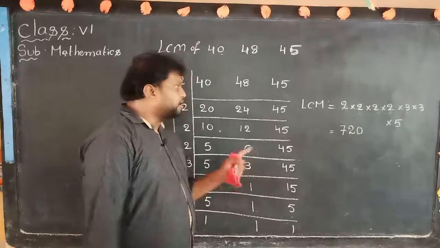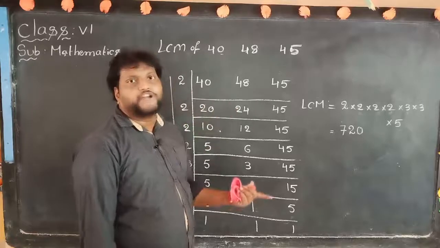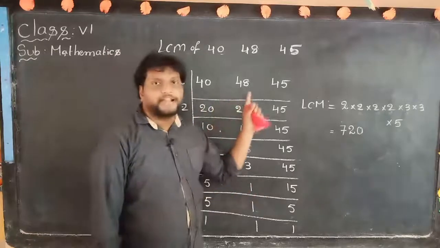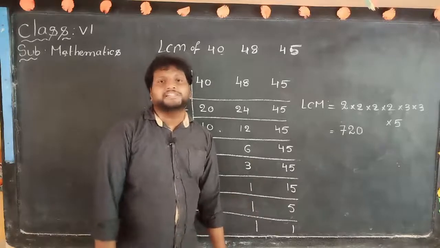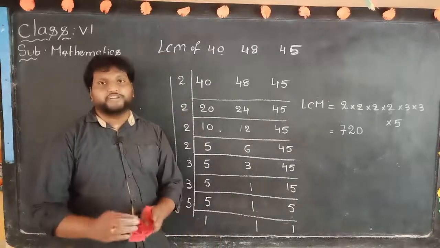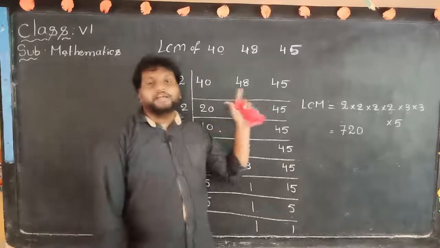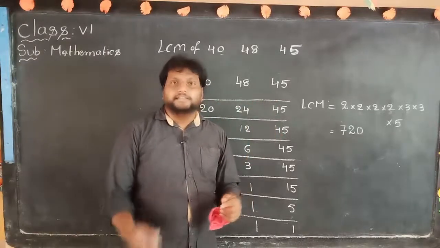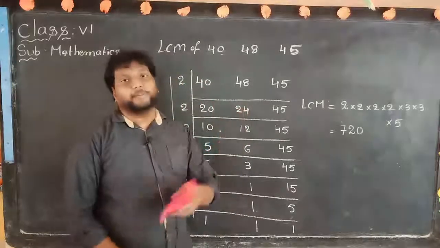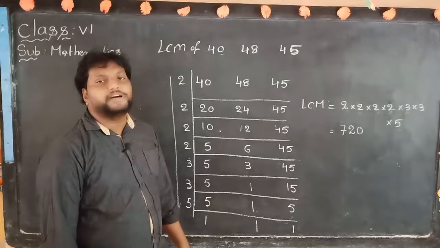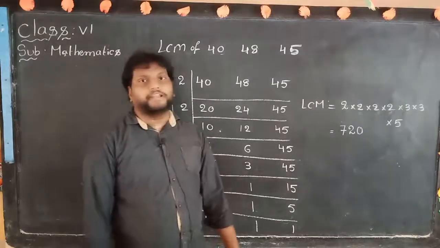See, in prime factorization method we find for 40 separate prime factorization and for 48 separate and 45 separate. On that we collected first common numbers. Is not there common numbers means have to take the remaining numbers. First of all we have to check 3 numbers. In 3 numbers is there any common digits? That we have to separate. Is not there means we have to check with 2 numbers. 2 numbers, is there any common numbers? That numbers are to separate. Then should multiply remaining numbers.